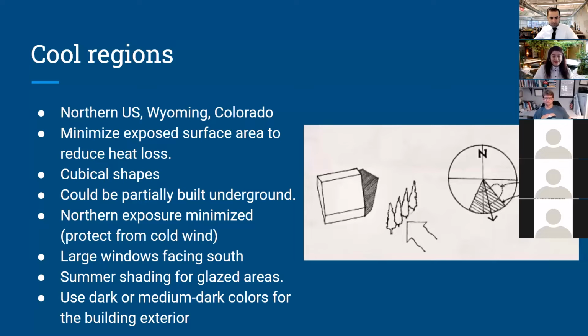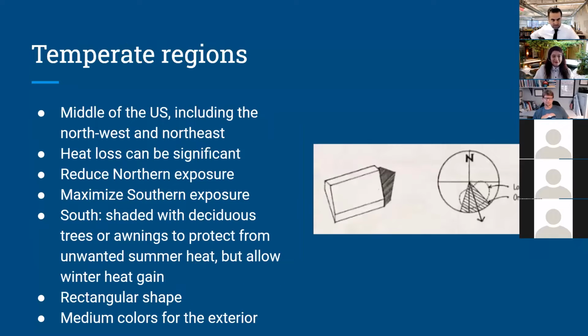Okay. Now we're going to go to the second one, and most common, and this is where California falls, right? So this is the middle of the United States, including the Northwest and Northeast. In this climate zone, the heat loss can be significant. It's recommended to reduce northern exposure, again, because the cold wind comes from the north. Maximize the southern exposure, almost the same concept as the cool regions. We want the heat in the winter. The south,